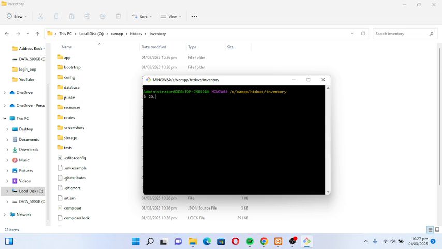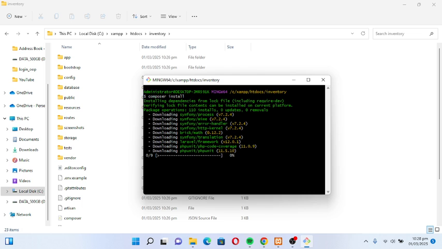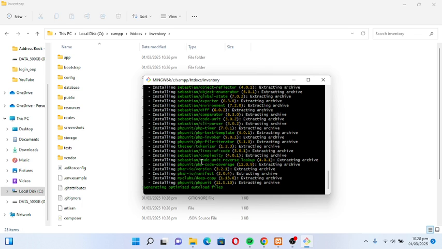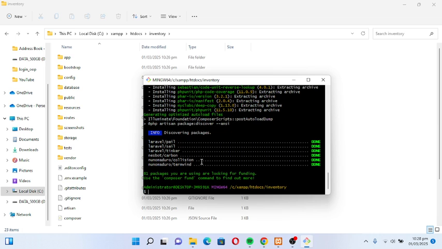Make sure composer is installed in your computer. It will download all the necessary files as you can see, Symfony, all the files. Okay, that's complete.